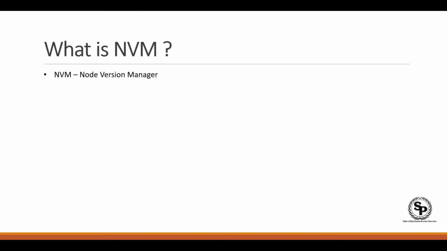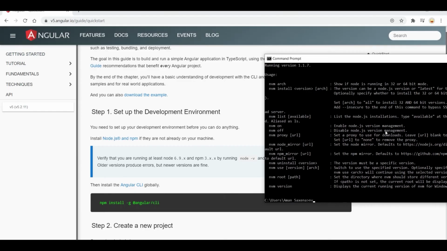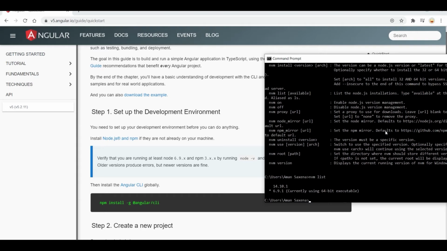So so far we could say that node version manager helps us in switching between multiple node and npm versions to work on multiple node or front-end web applications like Angular in the same system, of different bit versions as well, either a 32-bit version or a 64-bit version. Now I can see that I have a 6.9.1 version currently using the 64-bit executable. If I want to install a 32-bit version, then let's see if I could,